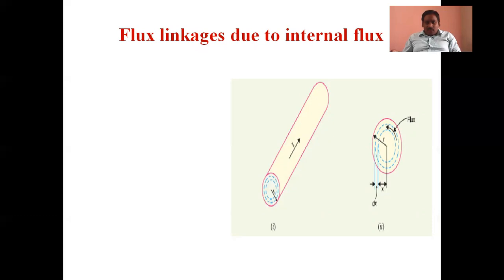That means the flux is in the inner part of the cylindrical radius. This is the mean radius, and this is also one mean radius. If we consider this total R here, this is the flux path. The flux path is always opposite to the current flow direction of a conductor. And this radius distance is called dx, that means a differential radius is called dx.